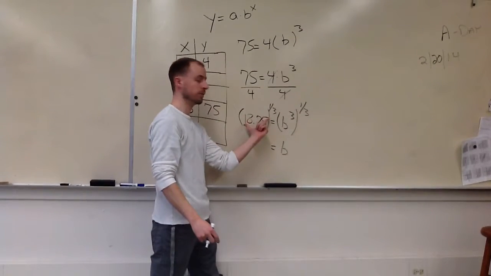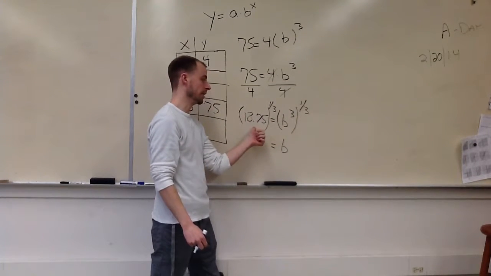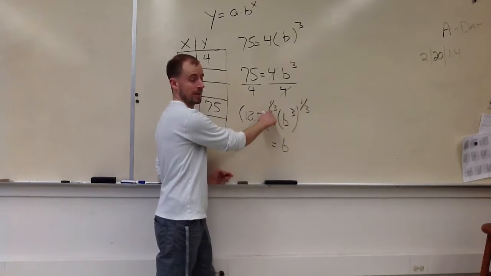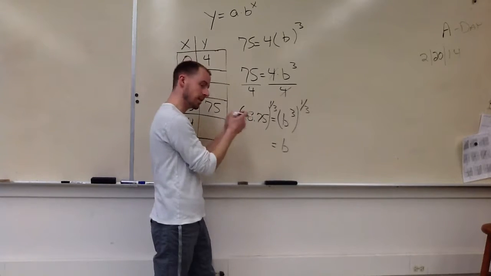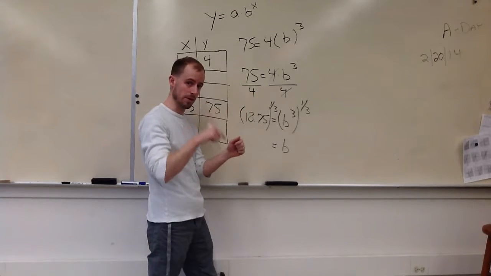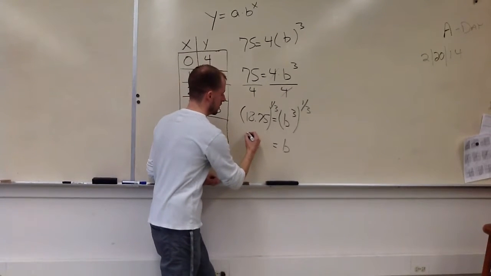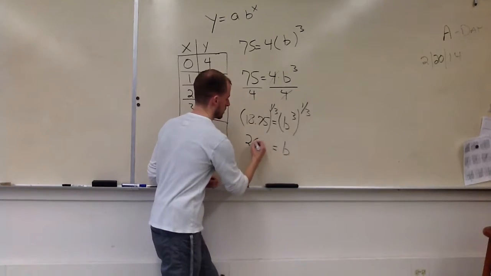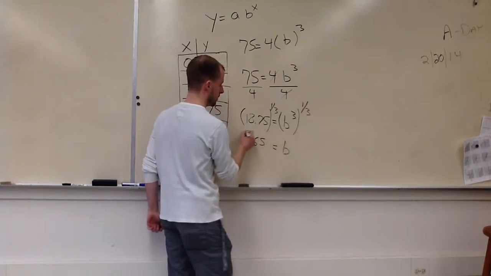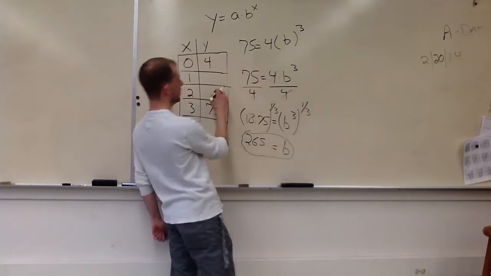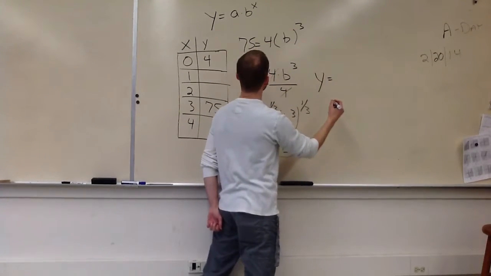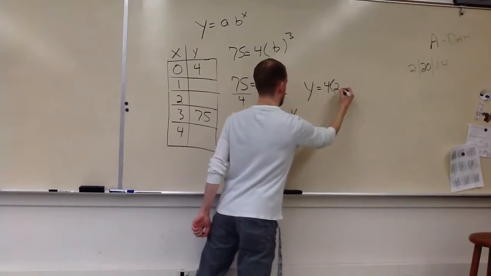So when you do this part over here, you enter it into your calculator, except when you enter it into your calculator, you need to make sure that the exponent itself is in parentheses. So you enter 18.75 to the power of, and then in parentheses put 1 divided by 3. Once you hit enter, I think you end up getting 2.65. And then your final equation would be able to be written, because this is your b value. You have your a value, which is 4. So then it's y equals 4 times 2.65 to